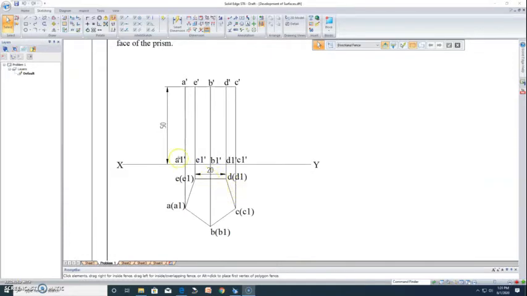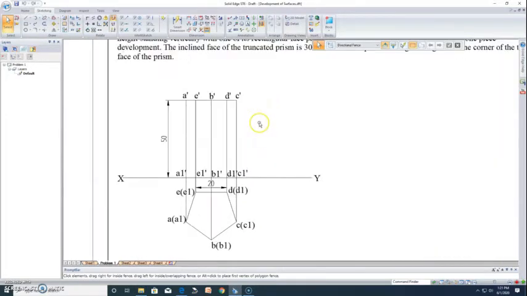You can see that the given condition is met. The base side is 20 mm and the height of the solid is 50 mm. And the other thing is one of its vertical faces should be parallel to the vertical plane. In this case it is E, D, E1, D1. You can see it is parallel to the vertical plane and also closer to the vertical plane. That's the reason E, D as well as E1, D1 is parallel to the XY line, and it is closer to the XY line, so that the condition is met. So now we are going to draw the